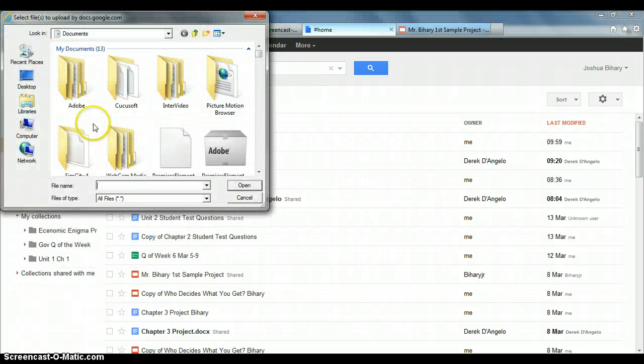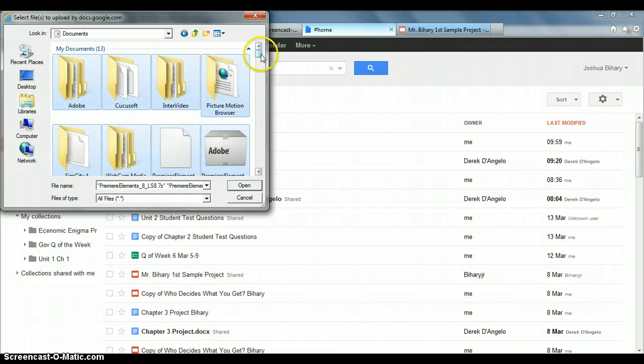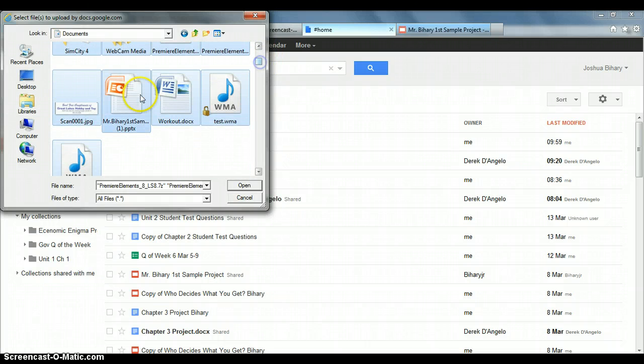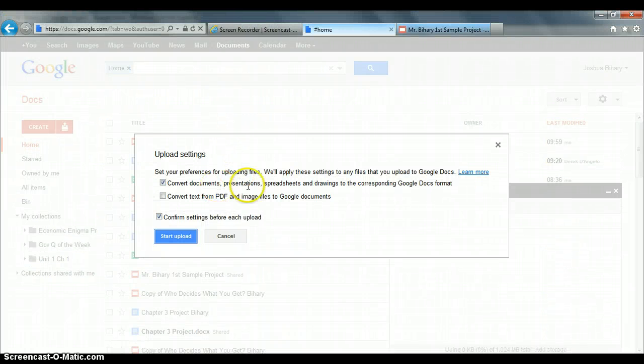Alright, so then now you go find your file, Documents, and there's that presentation right there. So I'll click on that, and it says yes, convert it over. You just click that one. Confirm settings for each update. You can leave that checked, I guess, if you want to make sure that you change it each time, and